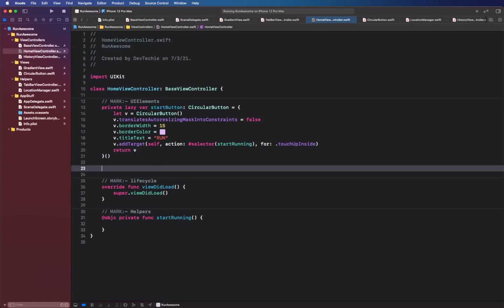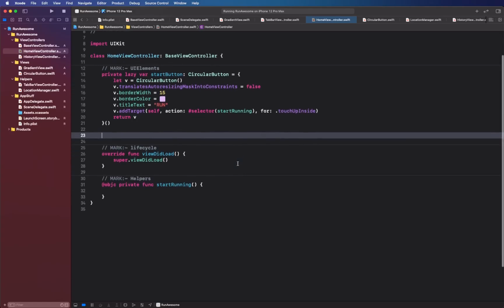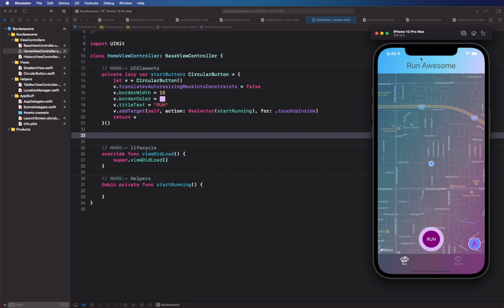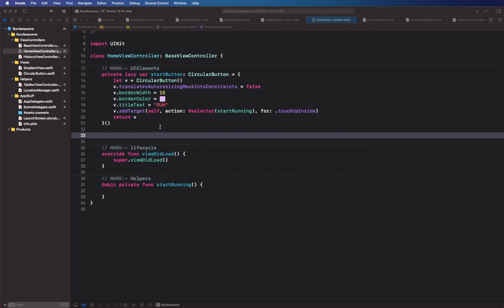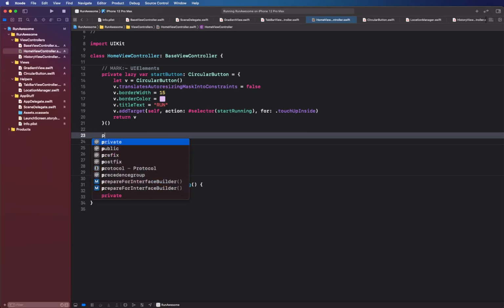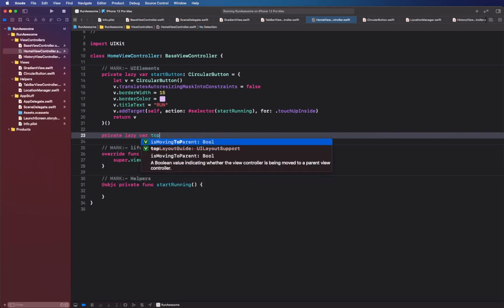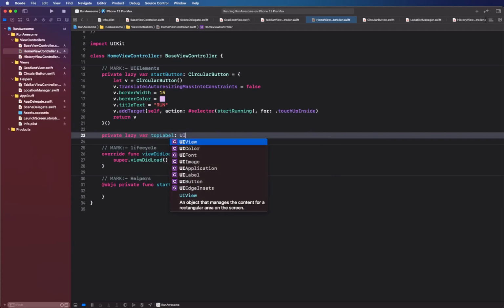Then we are going to put a top label that's going to have the title for the page. So if we go back, this run awesome is basically the title for the page. You can use navigation view, but I'm actually going to just use a simple label. So I'm gonna say private lazy var top label UI label,